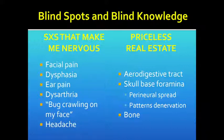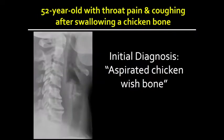The aerodigestive tract, the skull base, including the foramina for perineural spread and patterns of denervation. You've got to look at both of them. If you see perineural spread, you got to look at the muscles. If you see denervation, you got to look at the nerves. And finally, the bones. So let's look at this first patient, a 52-year-old with throat pain and coughing after swallowing